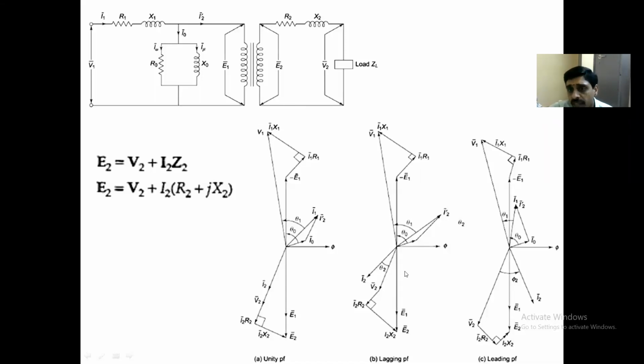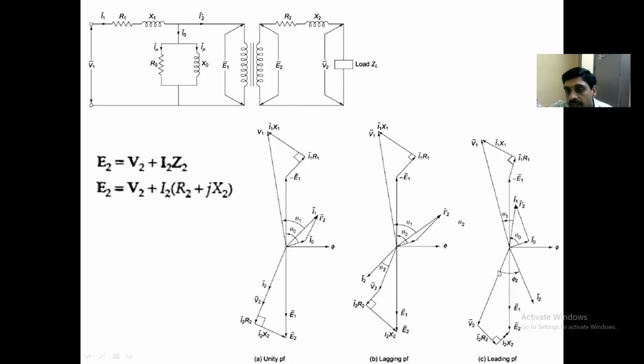Okay. Let us take the phasor diagram of the leading condition. This part is the same. The upper portion is the same. So here, if you observe, I0 plus I2 dash equals I1. This part is the same.